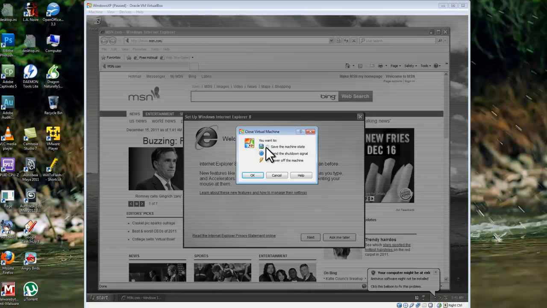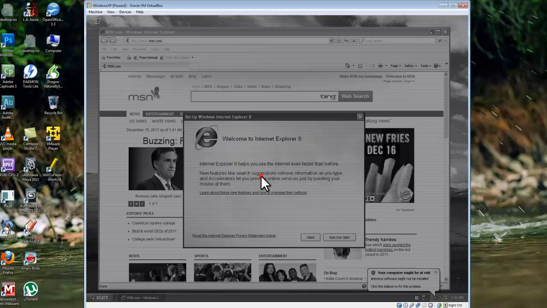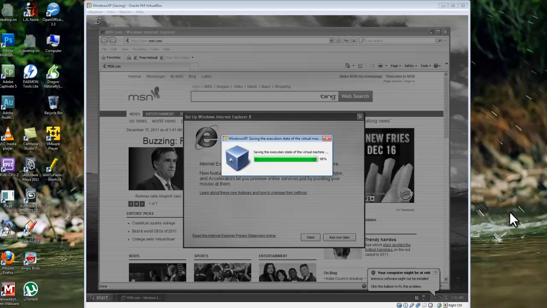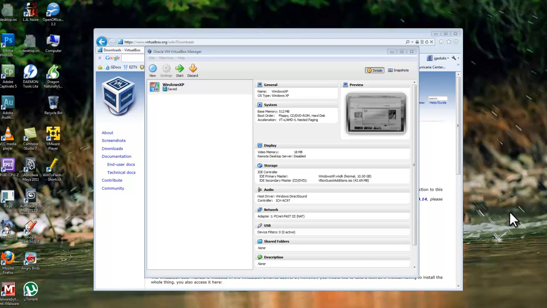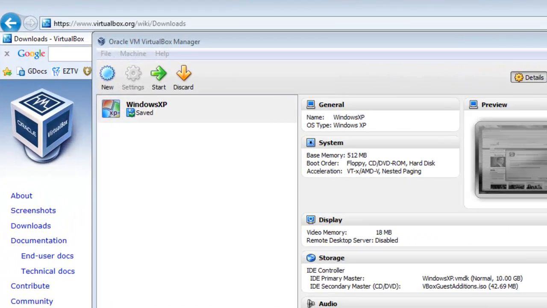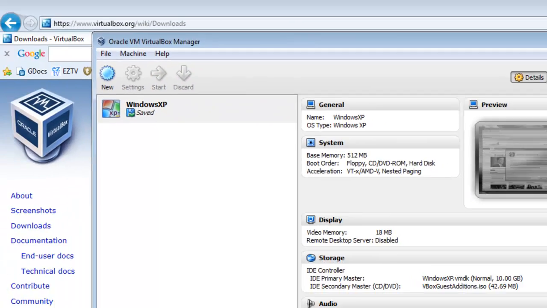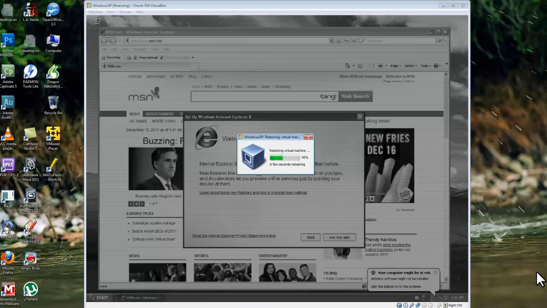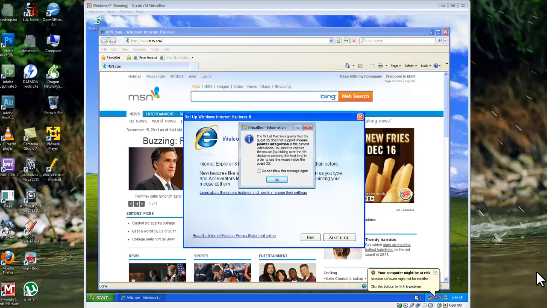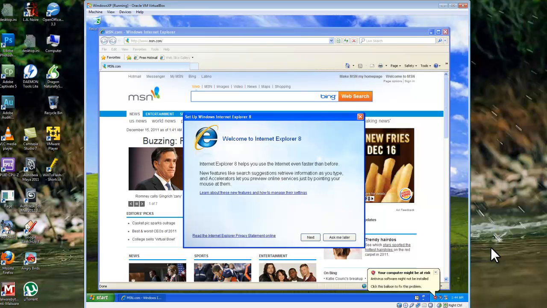Select Save the Machine State, and click the OK button. It will save the state of the VM and can then close down to the Virtual Manager window. Press the Start button to start the virtual machine. Notice that it powers back on, and we're at the same spot as we were before we saved the state.